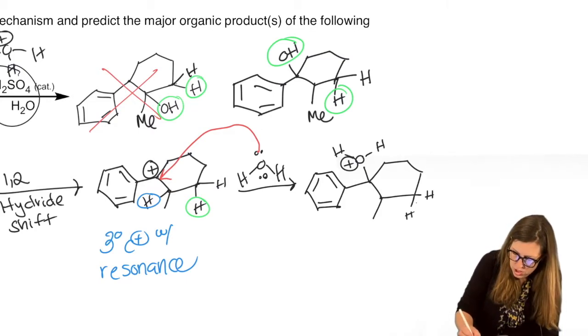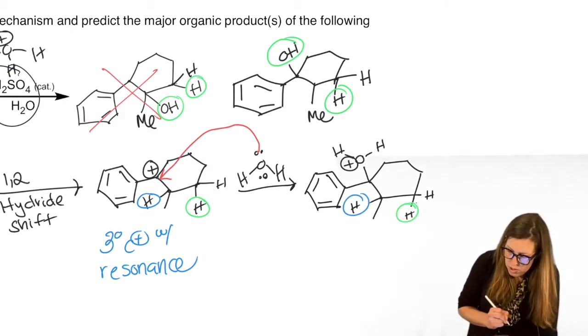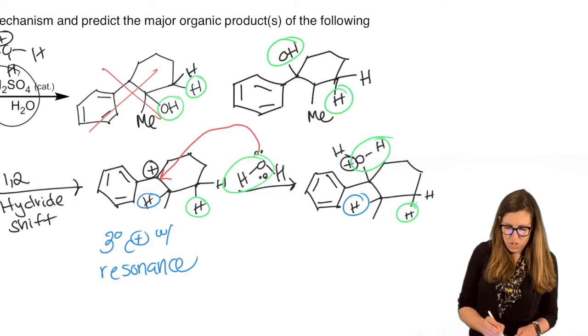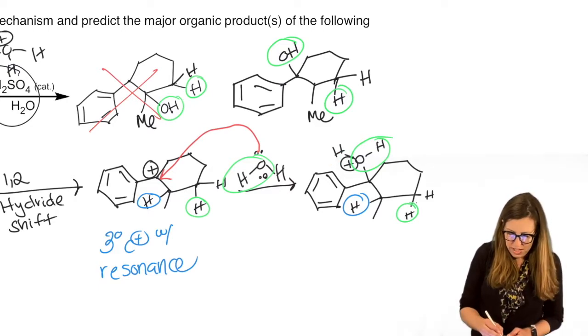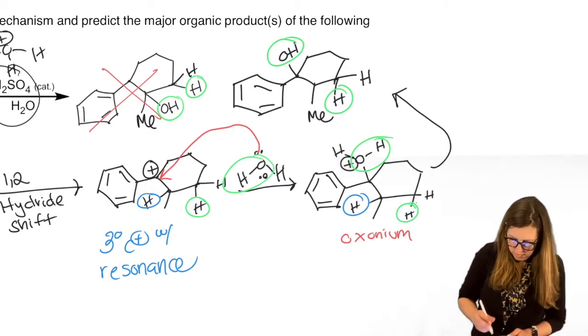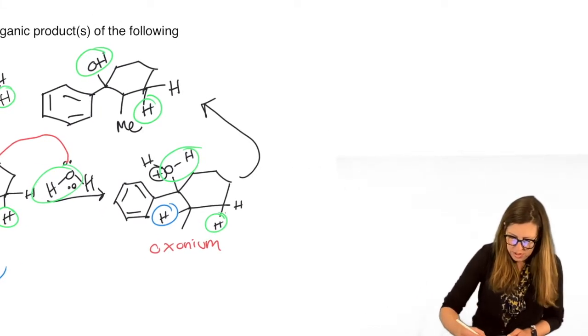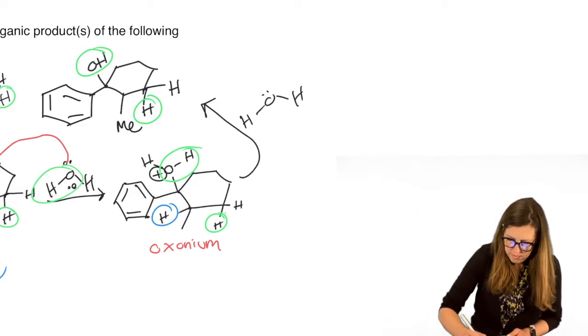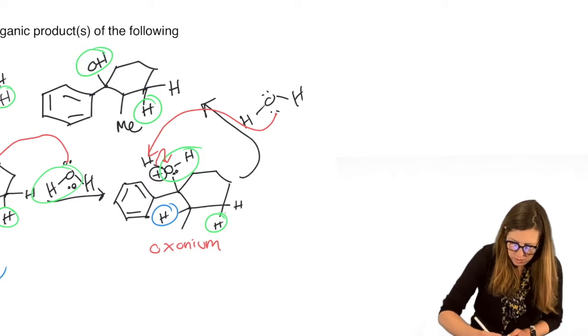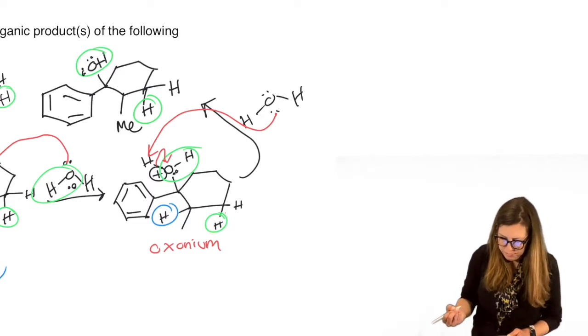So H and H and H. If you want to keep tracking them, that was the blue H that moved in the hydride shift. That was our new green H. This is our new OH that we're going to get in the end. We have to get rid of that stray H right here that's making that an oxonium ion. So that means just bring in the water to help do our simple neutralization step. Deprotonate, in other words. Take that H off, leave the electrons behind. If you didn't draw in your lone pair, you might want to, just to kind of clarify where that's all coming from.